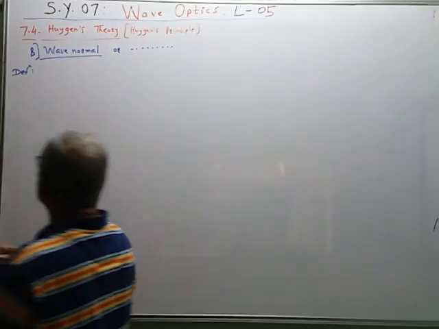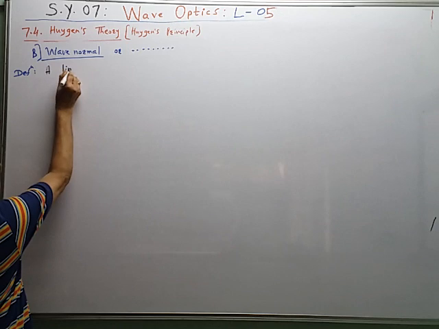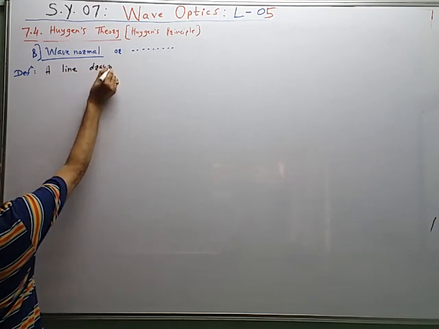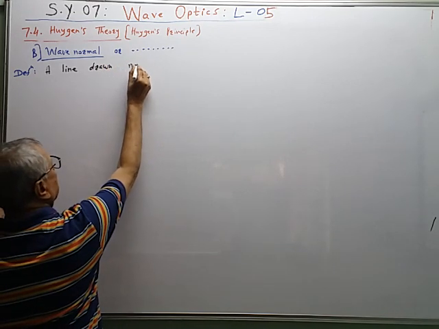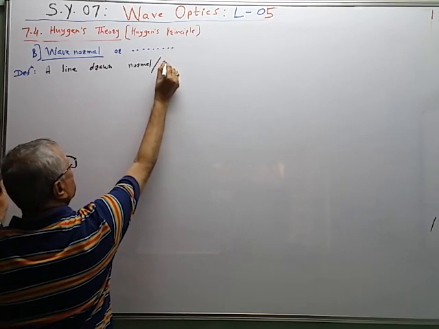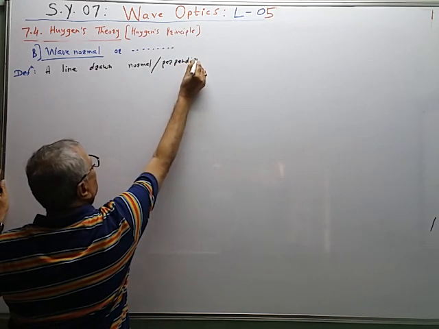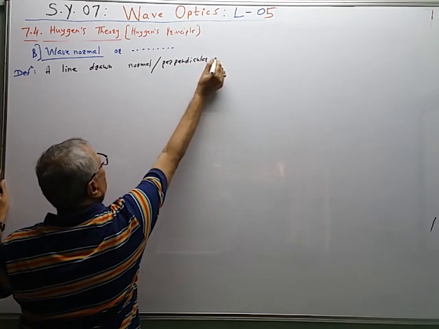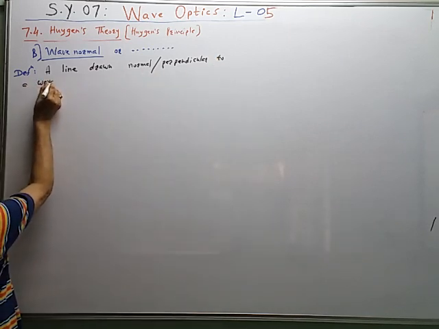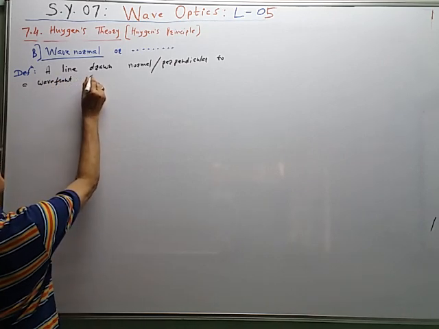So definition is like this: a line drawn normal, perpendicular, to a wavefront which represents